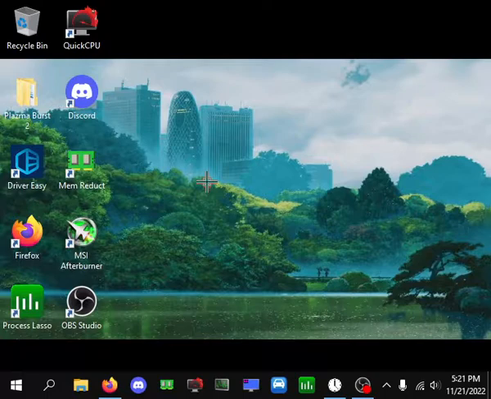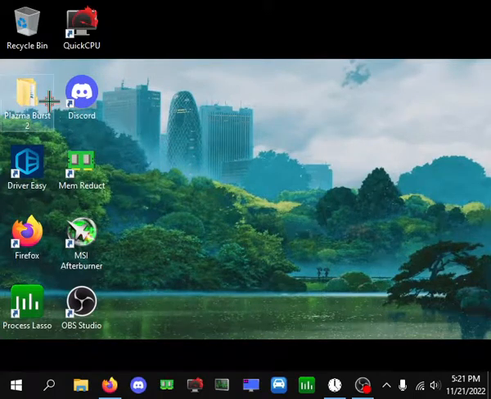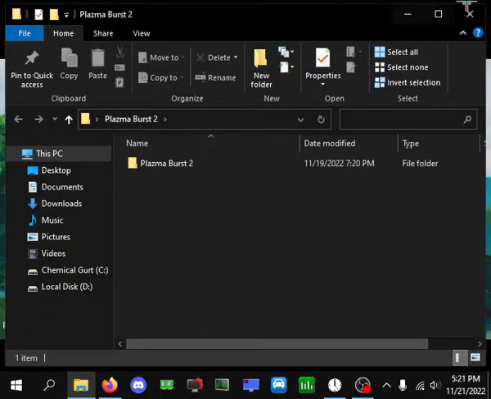Today I'm going to show how to make Plasmaverse 2 faster, and I'll also show how to make every other game faster. So for now, I'm just going to show PP2, and then I'll show other games after I show PP2. So first, I want you guys to go to your Plasmaverse 2 folder,